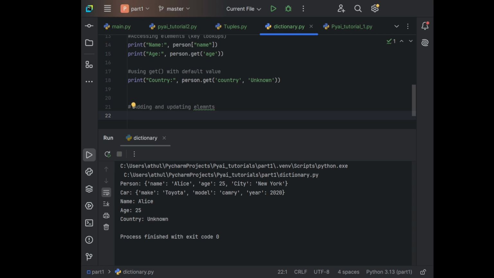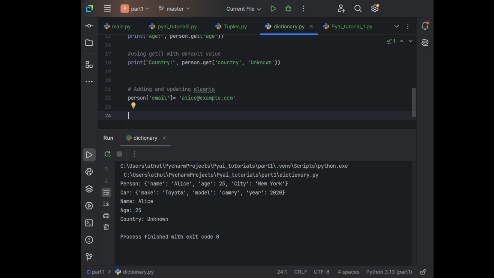We can do addition and updation of key value pairs here by doing person email, and we can give Alice at example.com,